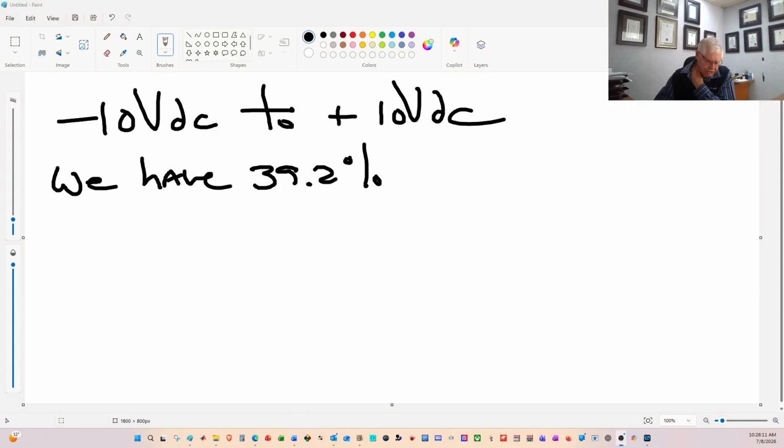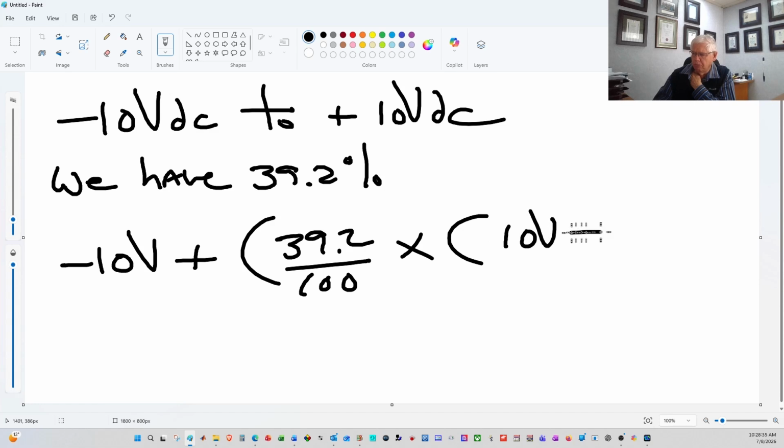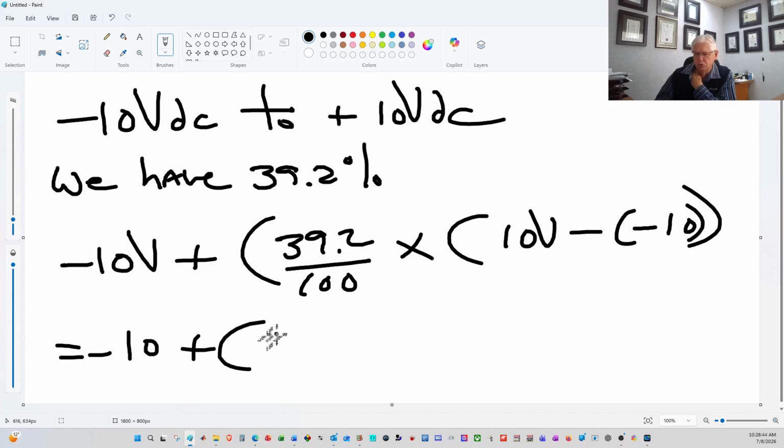And now it becomes very, very easy. All that we're going to do is take the lowest value, which is the minus 10 volts, and add that to 39.2% of that full range of ours, which is going to be, if you take the upper range value, 10 volts minus, and remember that's minus 10, that should give us a value. So we're going to look at minus 10, which is going to be added to